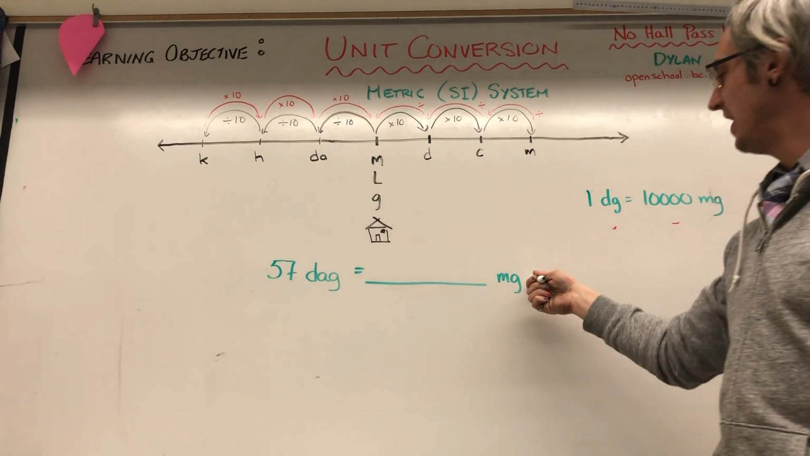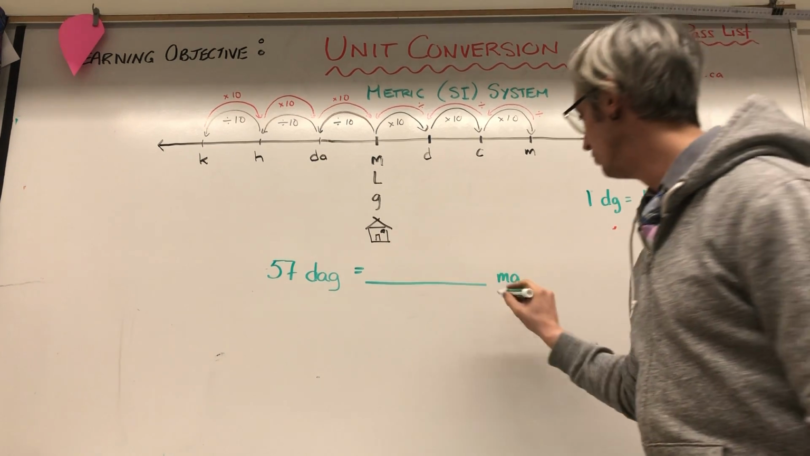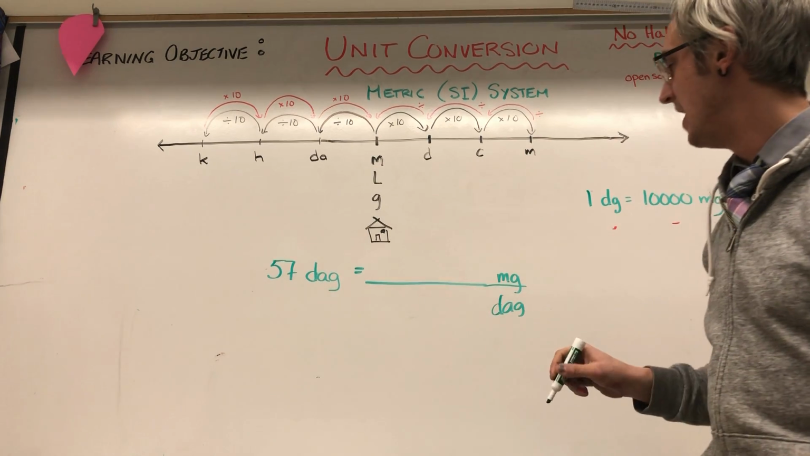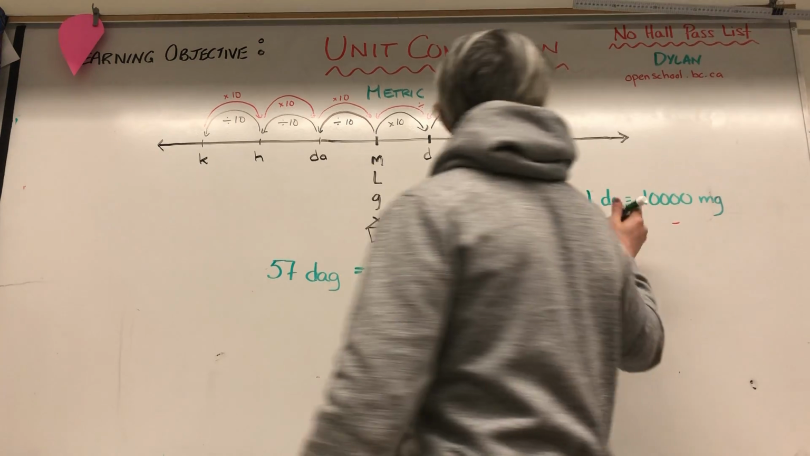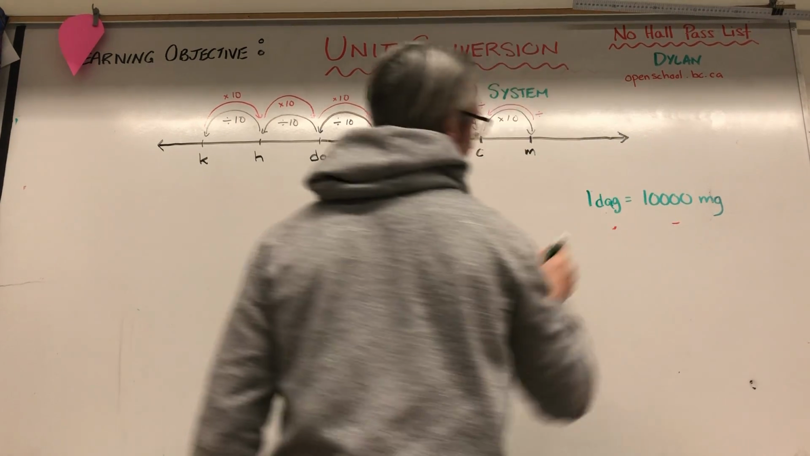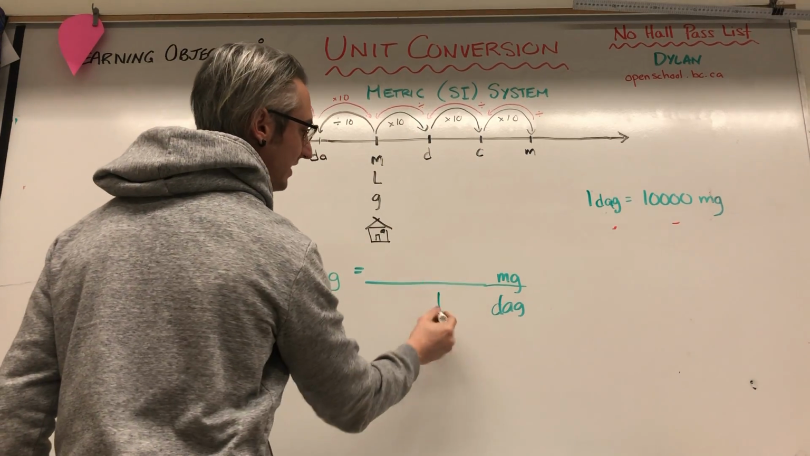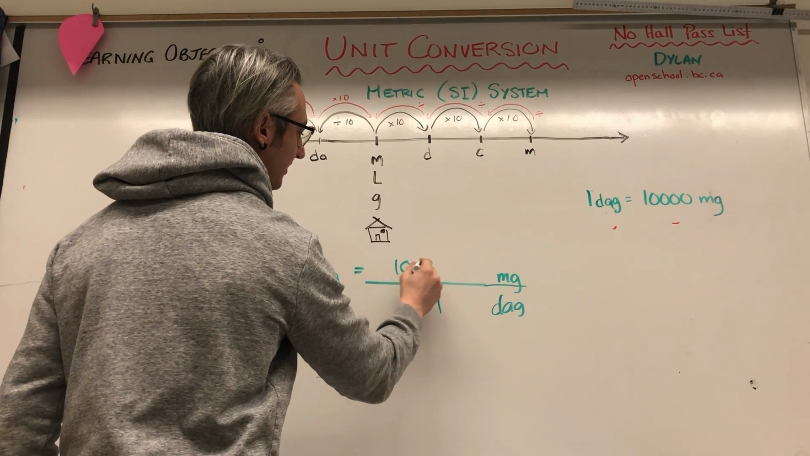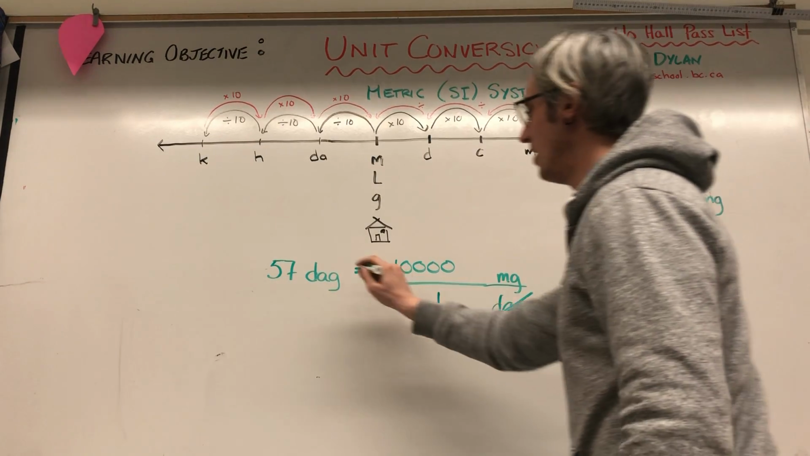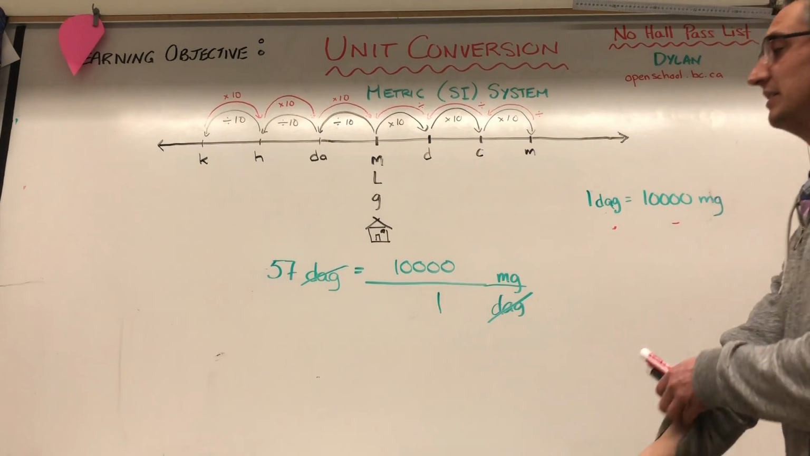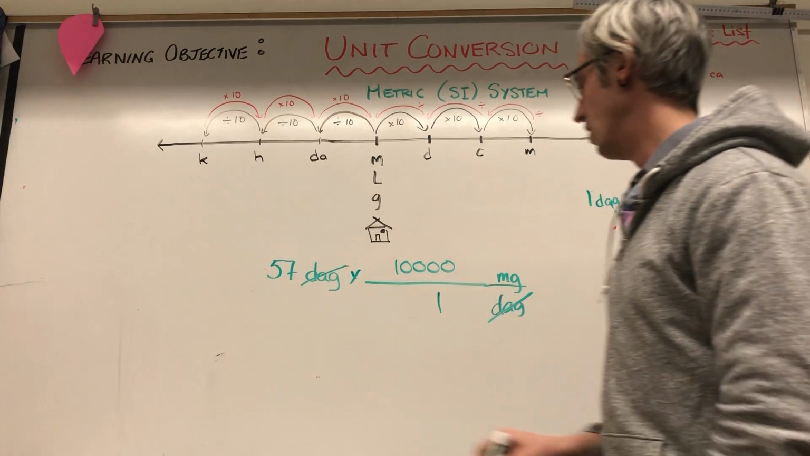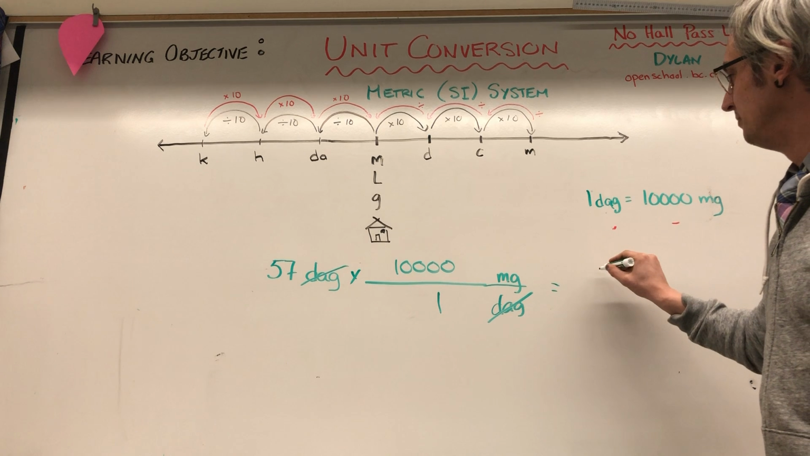Now, I want to end up with milligrams, and it's on top. So I'm going to put decagrams on the bottom here. And I'm going to match the right measurement with the right ratio. So I get 1 beside decagrams and 10,000 beside milligrams. Now I can just run the math. A decagram on the bottom cancels with a decagram on top, because a decagram divided by a decagram is 1. And this becomes